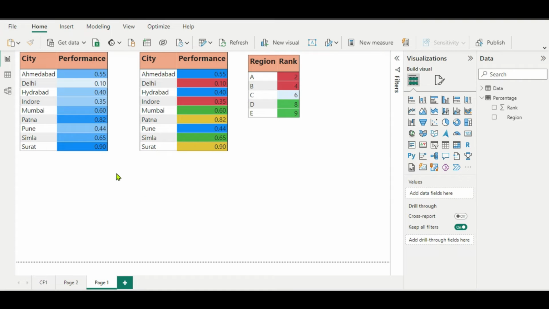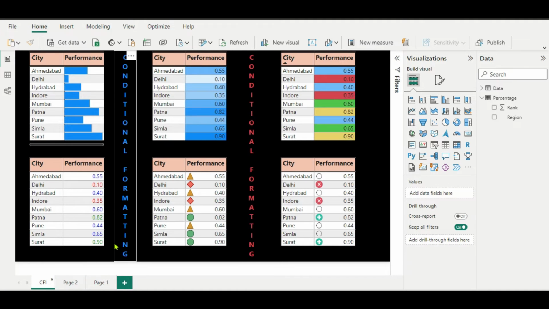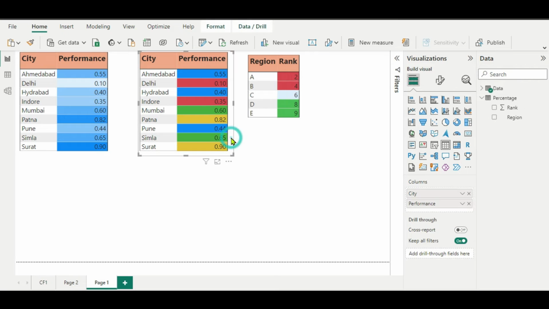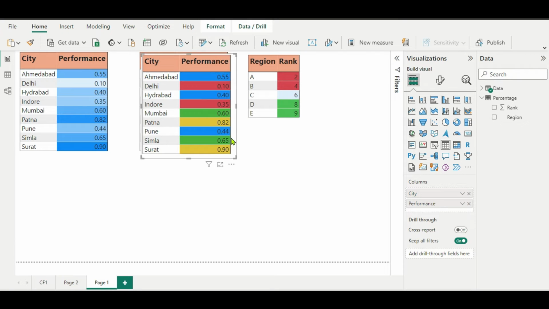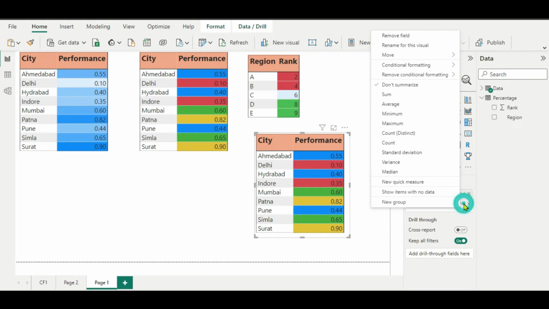We already have created these three visuals with conditional formatting. Now the fourth visual we are going to create is with a customized font. For that, we again go to our page. Here I will copy paste this, Ctrl C, Ctrl V. Now we don't want this background, so we'll remove this conditional formatting,